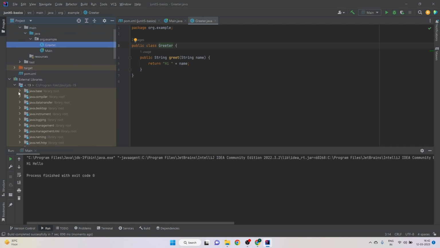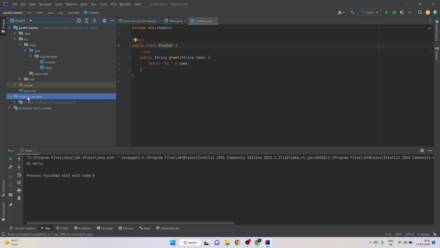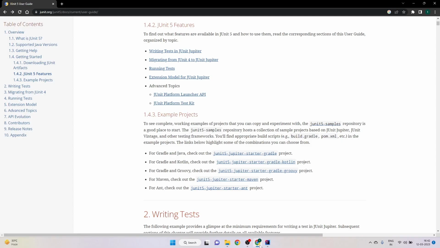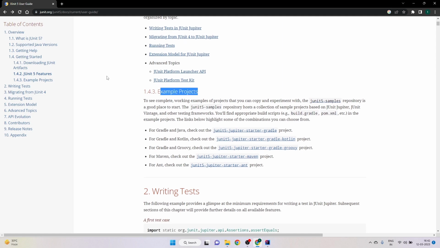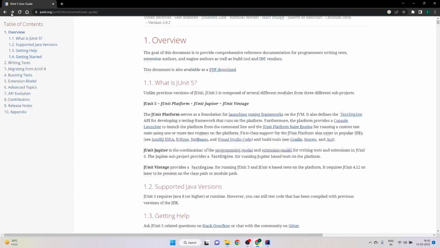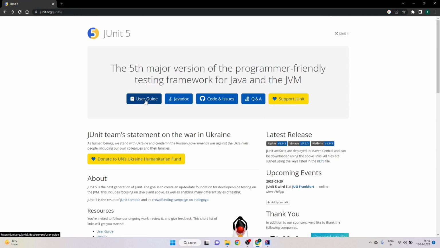So here, if we expand the external libraries, we only see the JDK19, but we don't see anything related to JUnit5. So we need to add those dependencies. To do that, we go to the JUnit5 documentation. Here it says example projects under the documentation, or we can go back to the home page. Here we go to the user guide,